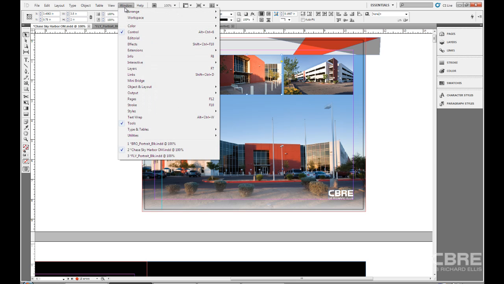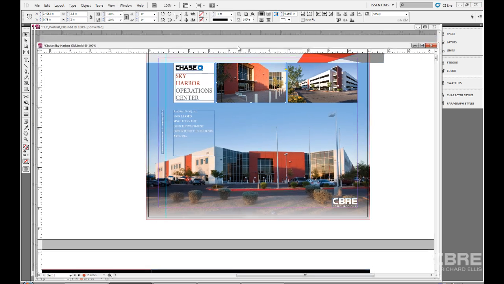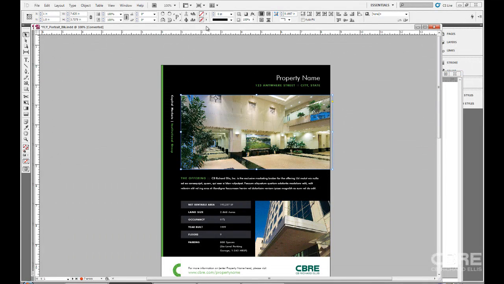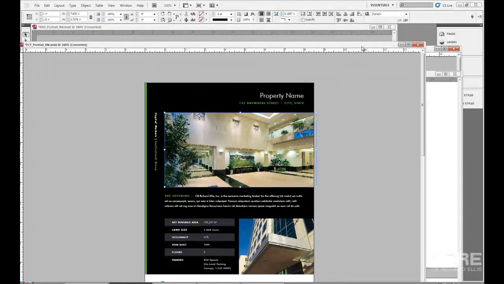Now, if I'm new to InDesign CS5 and I may not be used to that tabbed workflow, you could essentially come down to the Windows Arrange menu and float all your windows. So you have this view that was similar to the way it was in InDesign CS1, 2, and 3, and possibly 4. But as you can see, if you want to share information, now it becomes a game of hide and seek with